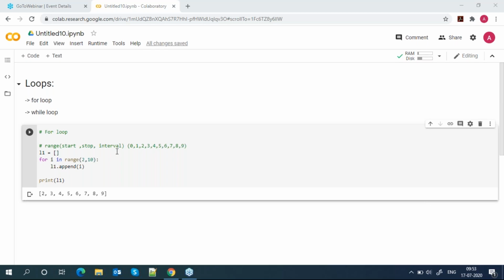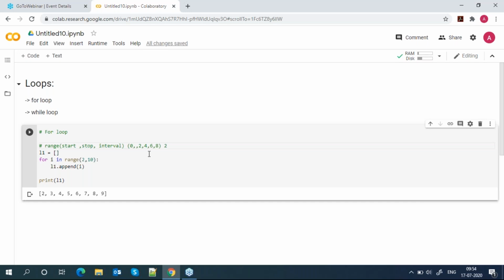Okay, interval is a specific interval. Suppose if you give the interval, taking this example, if my interval is 2, what is the value? After 0, I will get 2, then 4, then 6. So this is your interval: after every 2 seconds, you get a value at each interval. This is your output if you pass the interval. Clear?